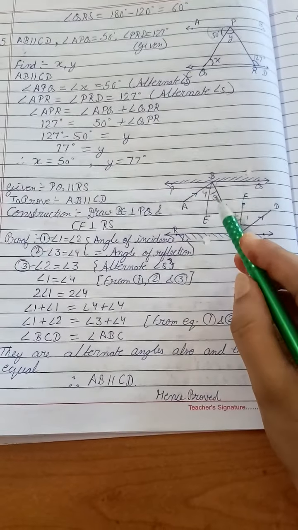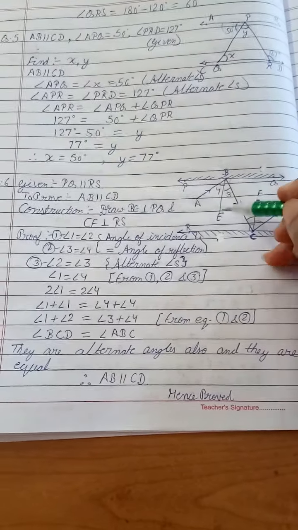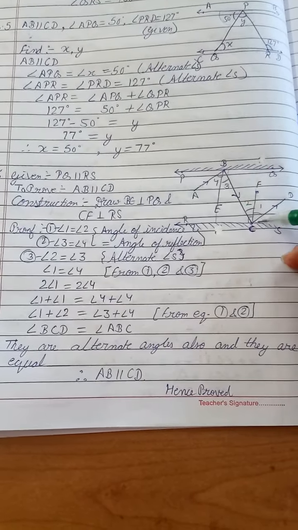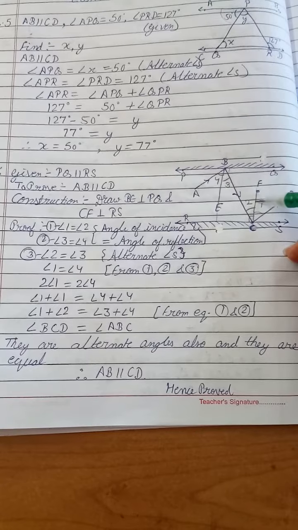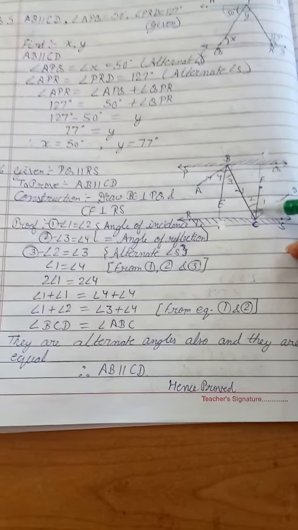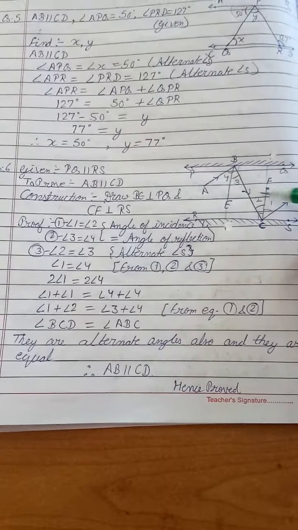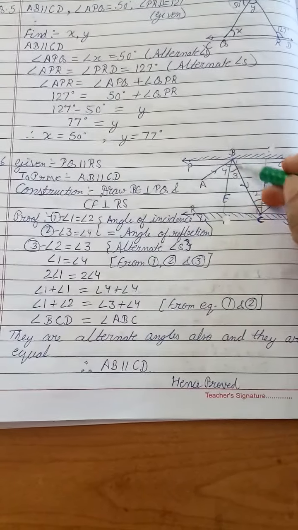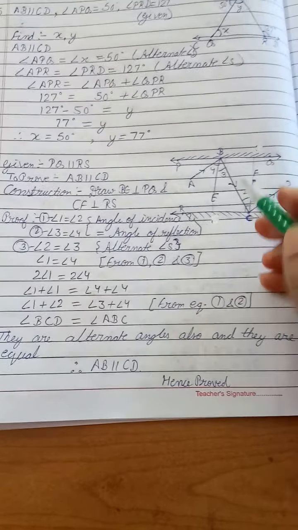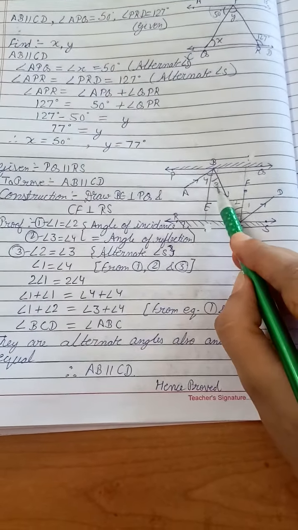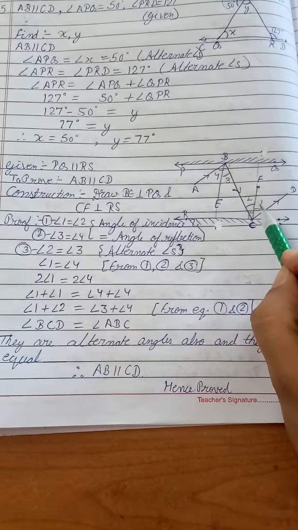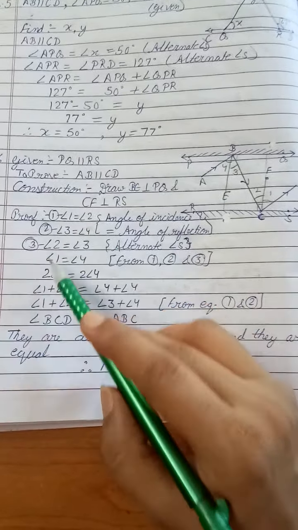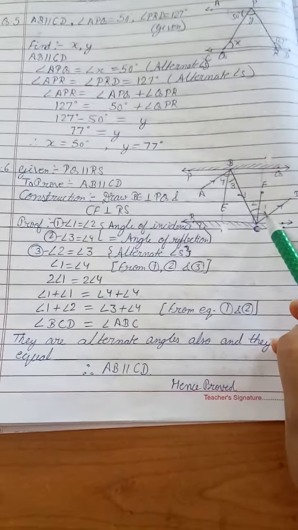Now angle 2 is equal to angle 3 because this is a line which is making 90 degrees. That means this is a straight line, and in the same way this line is also making 90 degrees over here, so this is also a straight line. So both these lines are parallel to each other. So we can say that angle 3 is equal to angle 2 by alternate angles. We are already aware that angle 1 is equal to angle 2 and angle 3 is equal to angle 4. So by these three conditions we can say that angle 1 is equal to angle 4.